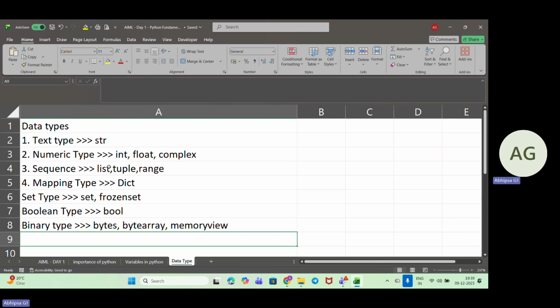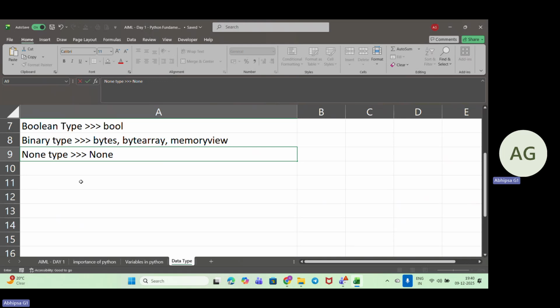Okay. Then we have the none type, that is the none type. None type is basically the none type only. Okay. So all of this we will be discussing one by one for better understanding and analysis. And also we will be seeing them accordingly in the Colab for understanding. Okay.